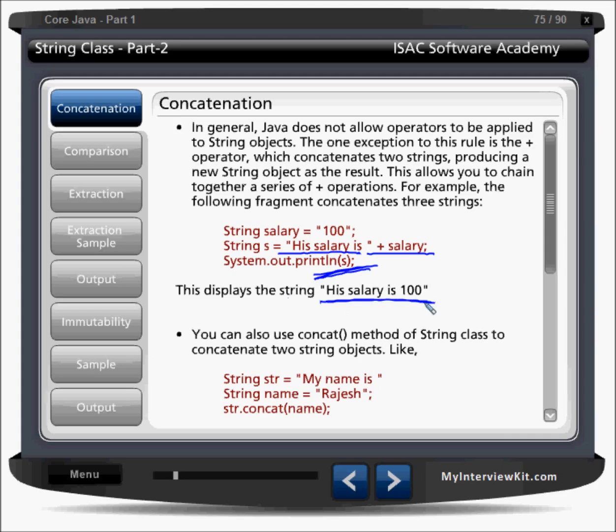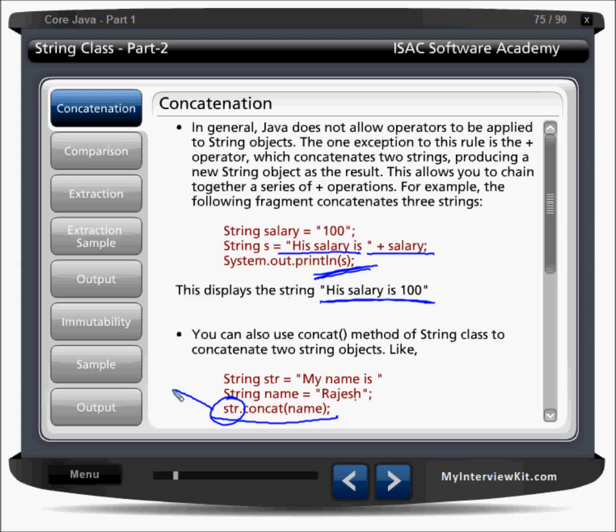Look at this method here, concat: str.concat(name). str is "my name is" and name is Rajesh. If I do str.concat(name), what value are you expecting in str? "My name is Rajesh"? No, you will not get that.